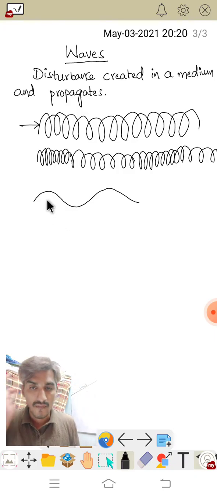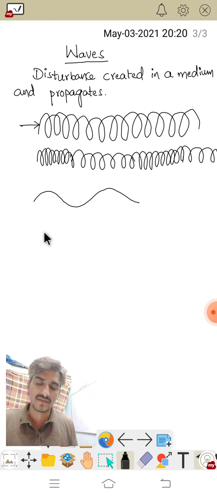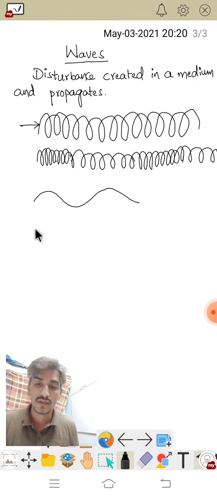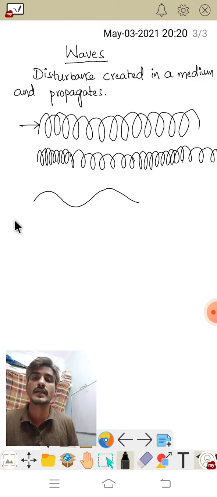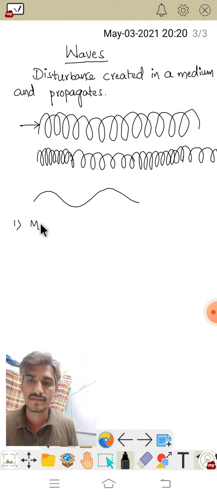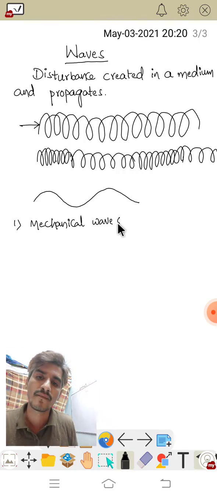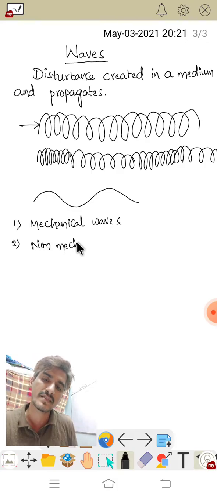Right, now let us categorize the waves. According to the propagation through medium, let us categorize the waves into two types. First one is mechanical waves and the second one is non-mechanical waves. Mechanical waves means